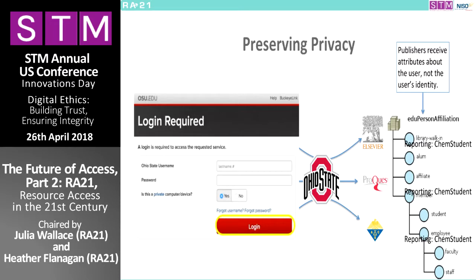Another thing that we're working on is the ability for our subscribers to tell us how to give usage reports back to them. An attribute could be, for this particular user, count their usage in this category, like I have here, chem student. Maybe this is a chemistry student. And maybe the subscriber wants to be able to count usage that way. Things like that, there's no way we can do today, right? When you get an opaque IP address coming at you, you have no idea of any of the attributes of the user. So this is another thing that we're working on.